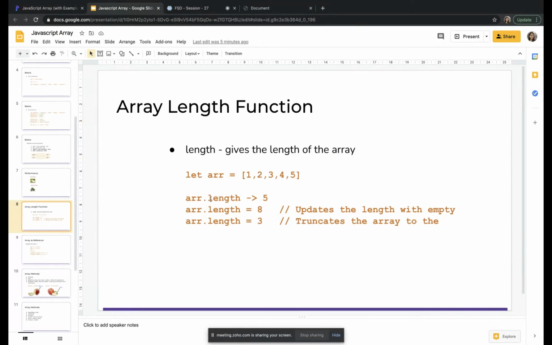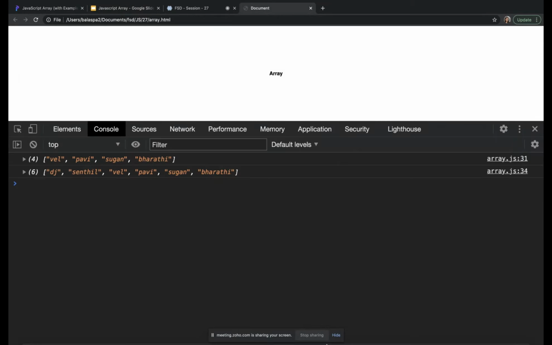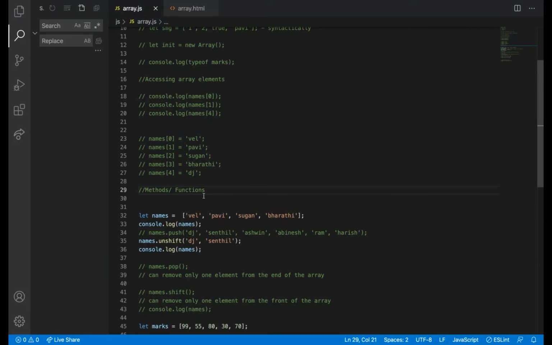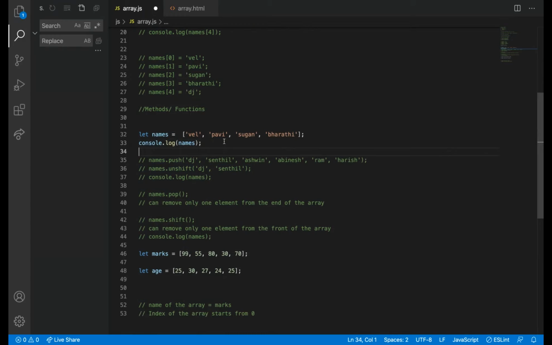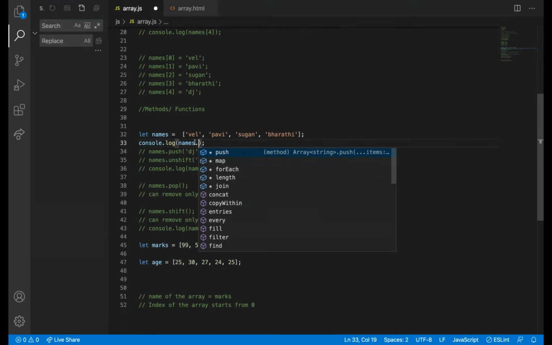So array has one predefined function, length. So names dot length.